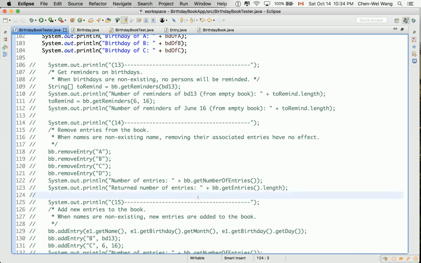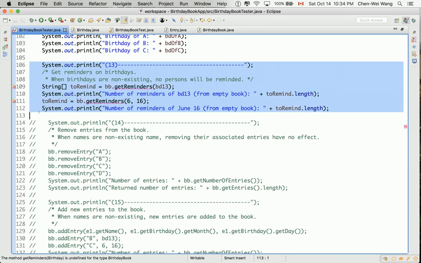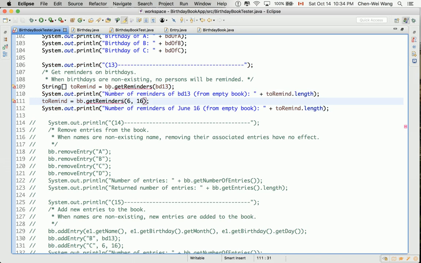Let's now uncomment section 13 and see what we should do. Select Control and /. Okay, again, you can see that over here, let's decide whether we are going to define a new mutator or accessor. We are now in the context of an assignment. On the right hand side,